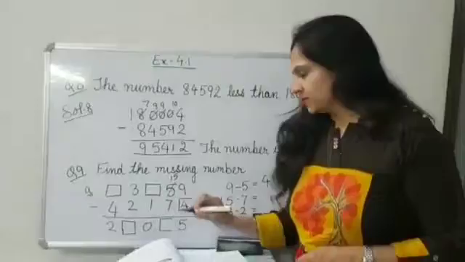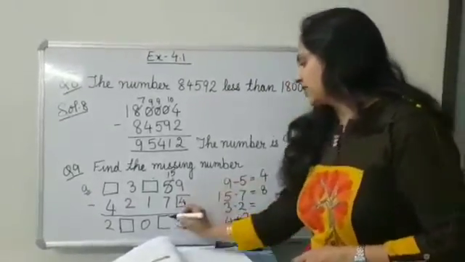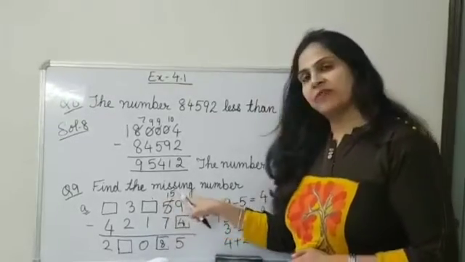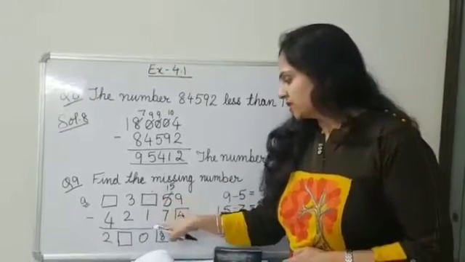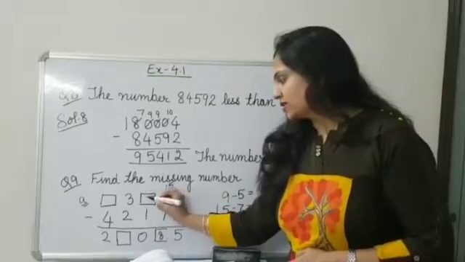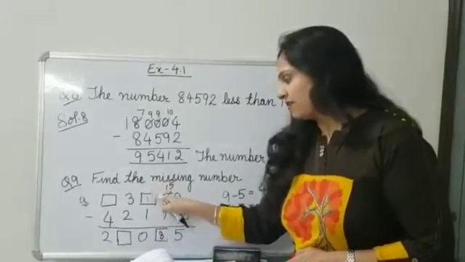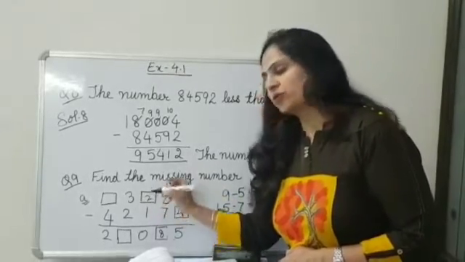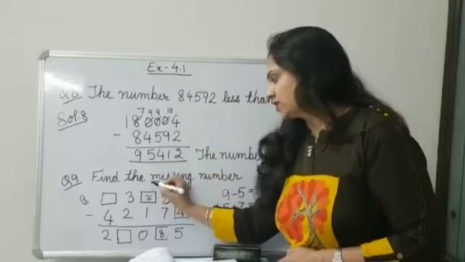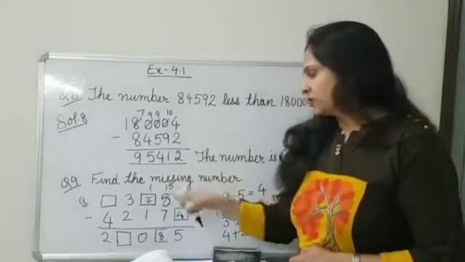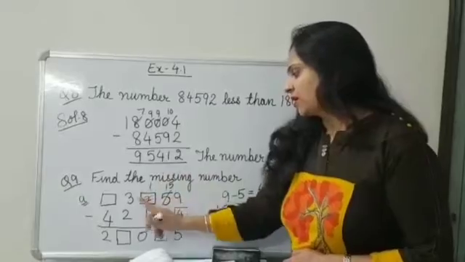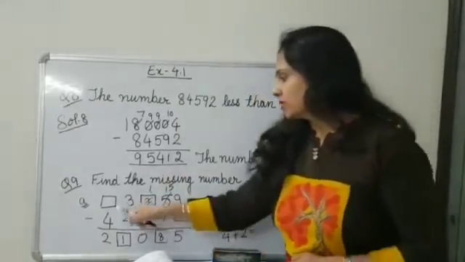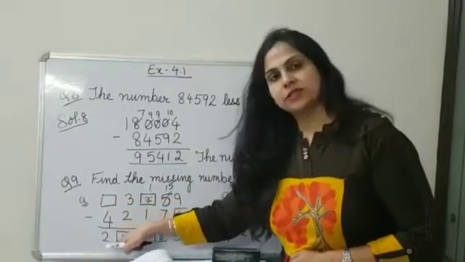Let's write 15 here. 15 minus 7 is 8. Now let's write 8 here. Now this number is, we have given 1 to it. So this is 0. 1 minus 1 is 0. Clear? But we have given 1 to it. So it must be 2, because we have given 1 to it. So it is 2. Clear?